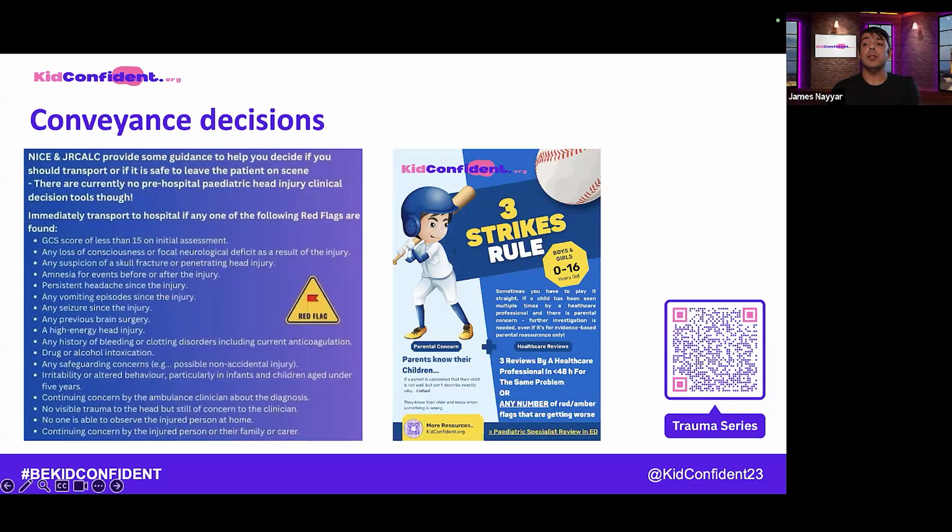And the same actually applies to parental or caregiver concern, even if they've been reviewed by a clinician earlier in the day. If they've later called for an ambulance and you've turned up, then take them in, even if it is just for reassurance from someone with paediatrics written on their ID badge. And we speak about this three strikes rule in sepsis, and I think it probably applies to all presentations, doesn't it? Parental concern cannot be underestimated.